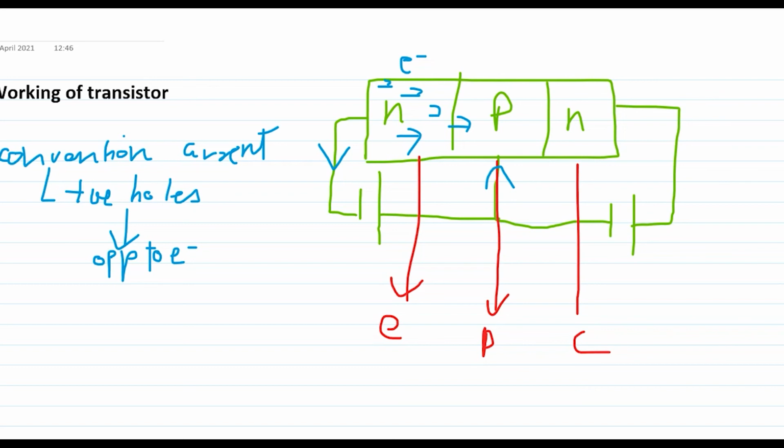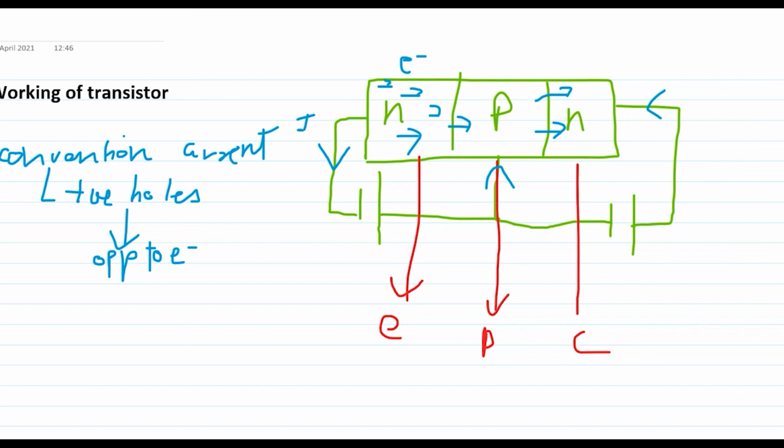Why do holes travel? Because this is a positive plate, and holes will travel from here to here to decrease the interatomic repulsion between the electrons present here and the electrons coming from the emitter plate. So this will become the direction of IE. Why IE? Because current is flowing